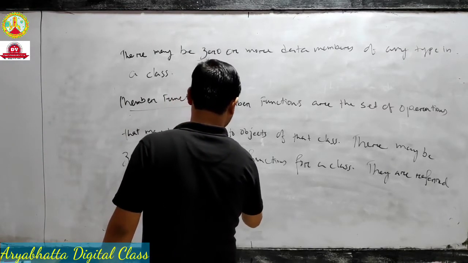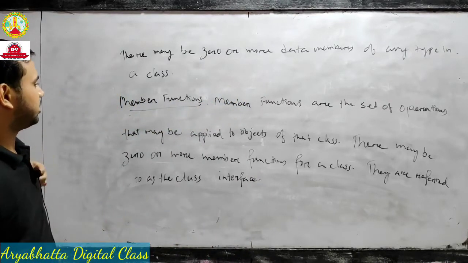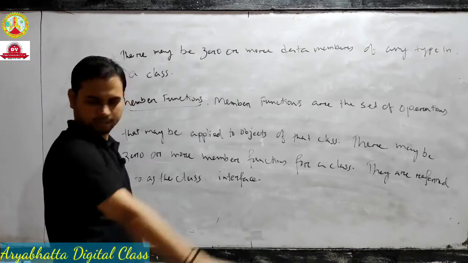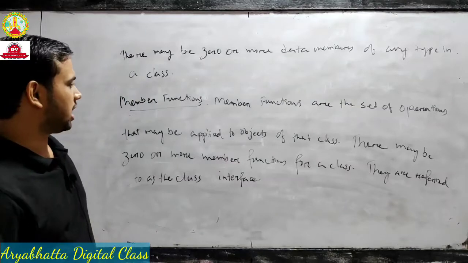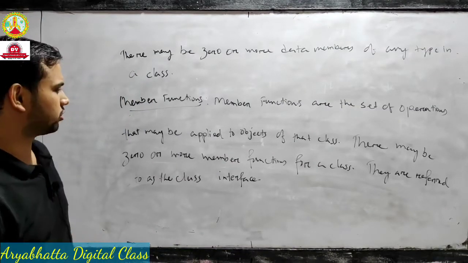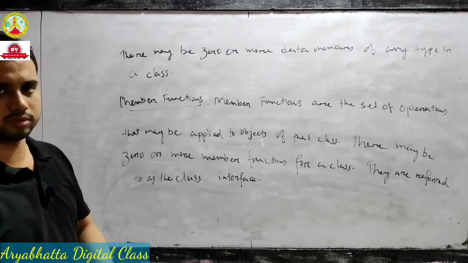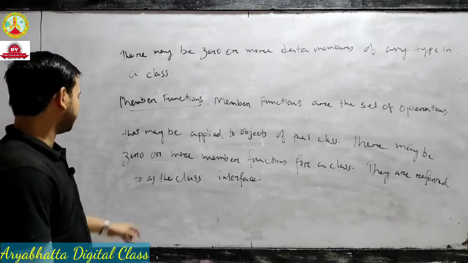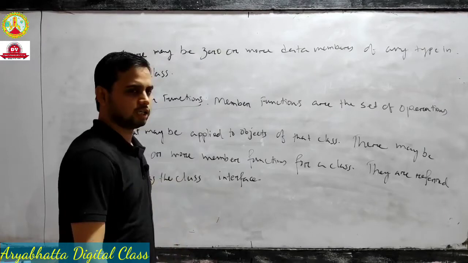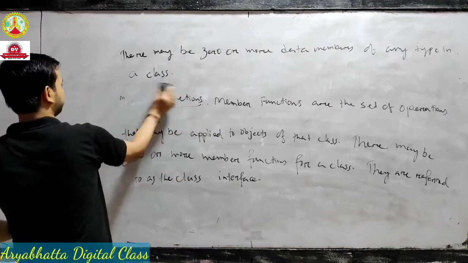You see, member functions are the set of operations that may be applied to objects of that class. Okay, set of operations means how this function will be working. You will clearly understand when I discuss a class program some time later. And there may be 0 or more member functions for a class. They are referred to as the class interface. You note down this definition. This is very important. And next, third number is